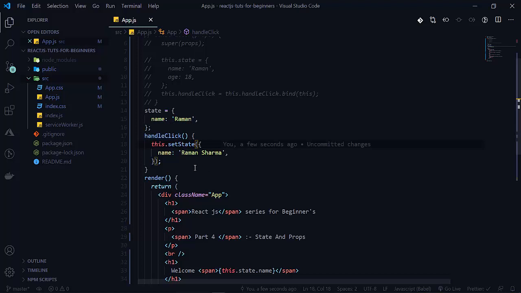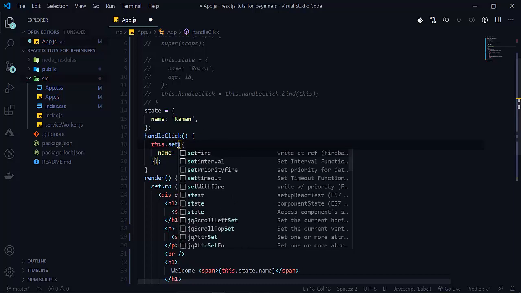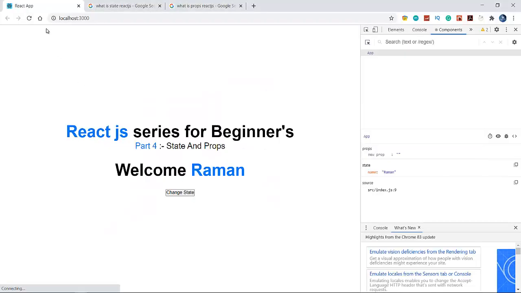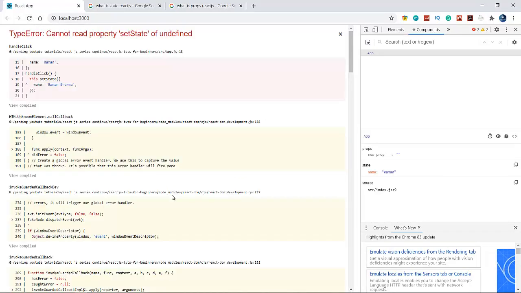See that, this is giving us the error here. Cannot find this.setState. This.state, setState. It should not give us the error here. When I click change state here, cannot read property change state.